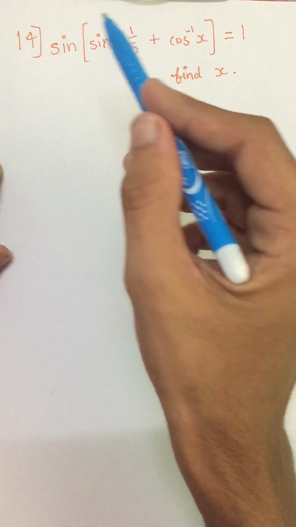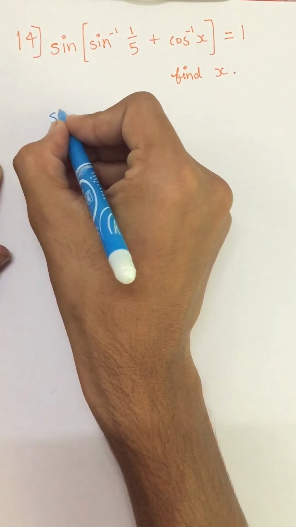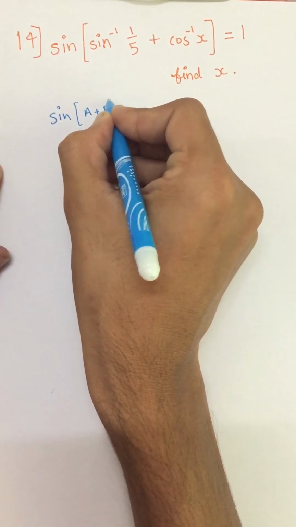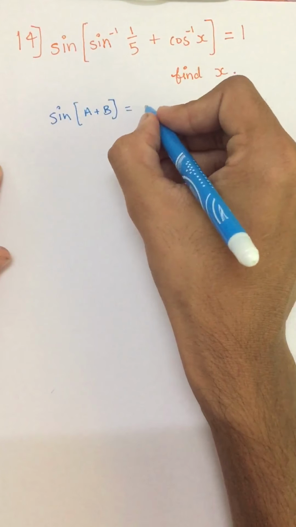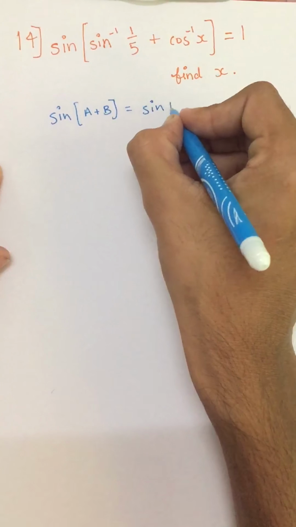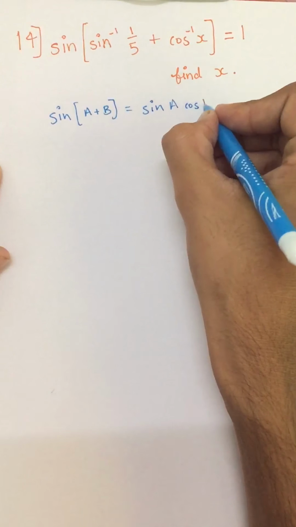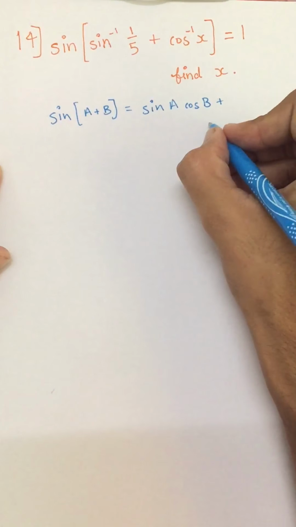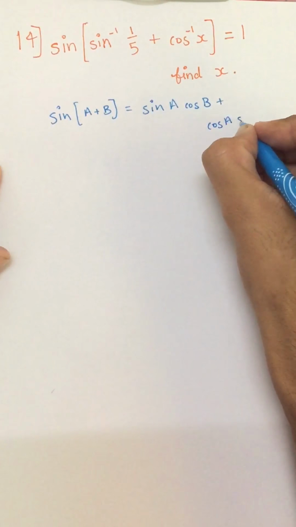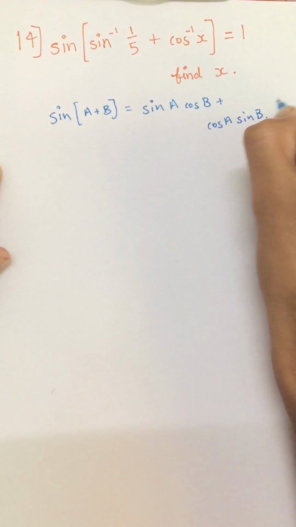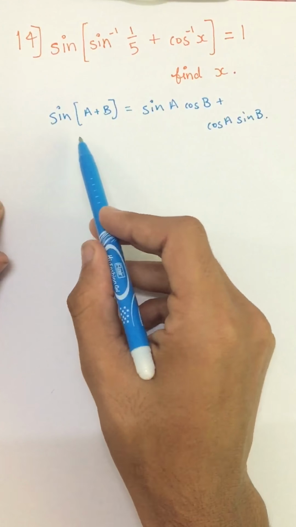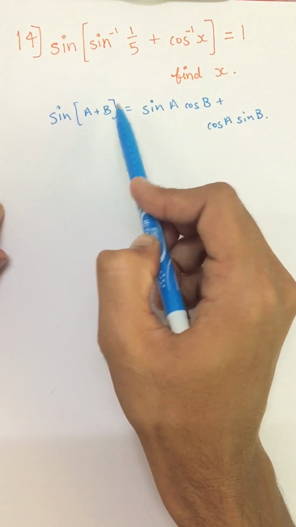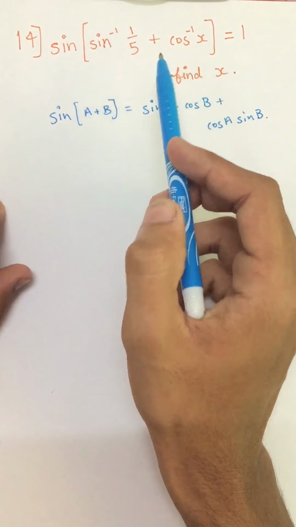Now friends, we know our formula of sin(A plus B) equals to sin A cos B plus cos A sin B. So putting this formula over here, taking A as sin inverse 1 by 5 and B as cos inverse of x, we get